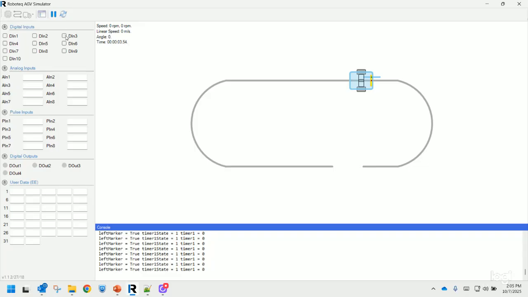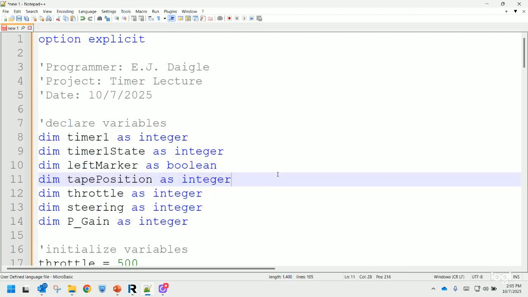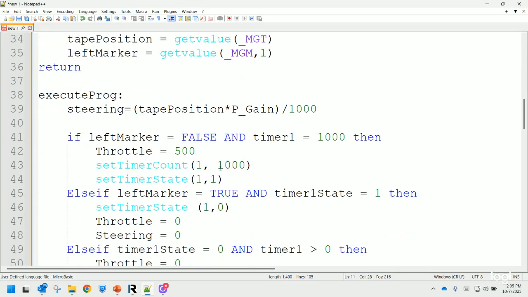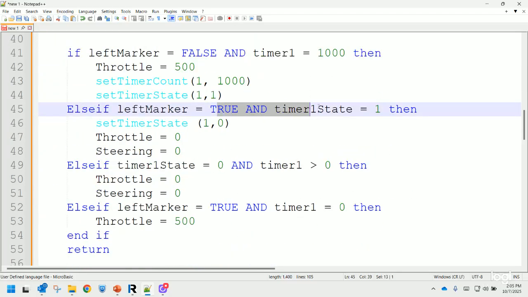Okay, left marker true, timer 1 state 1, and count is 0. 1, 1, 0. Left marker's true, timer 1 state equals 1. I might be able to fix this with a real quick and timer 1 greater than 0 and timer 1